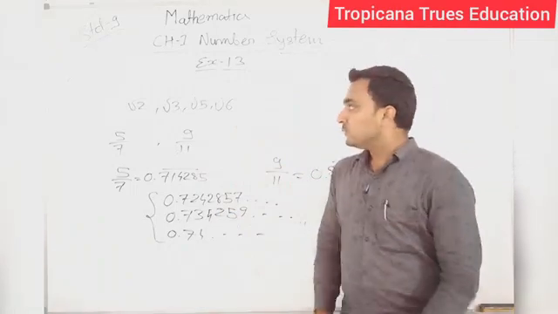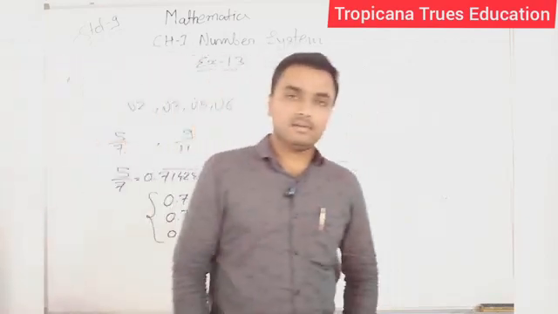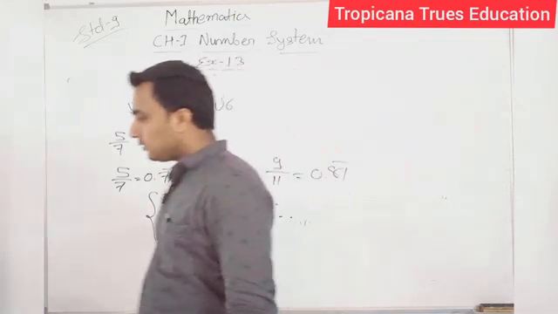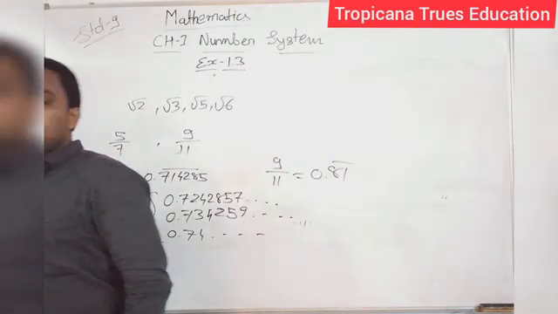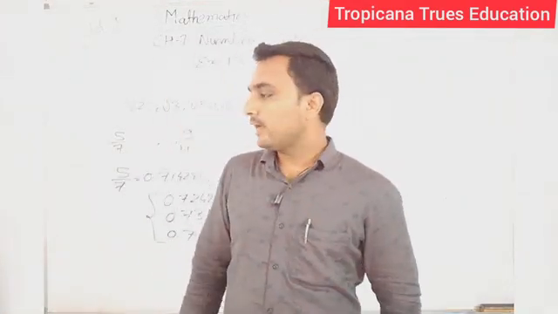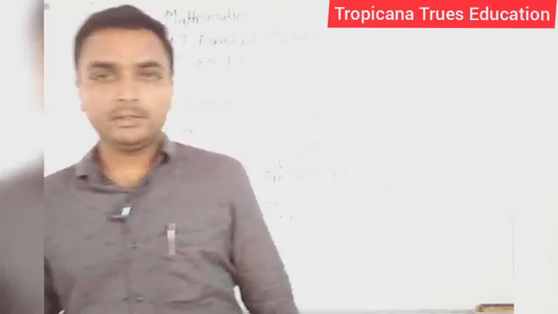Clear? Now I hope everyone learned very well and everyone enjoyed my class. And next we will learn about exercise 1.4. It is about the representation of your real numbers on the number line in decimal form. Clear? Okay, thank you. We will meet you tomorrow.